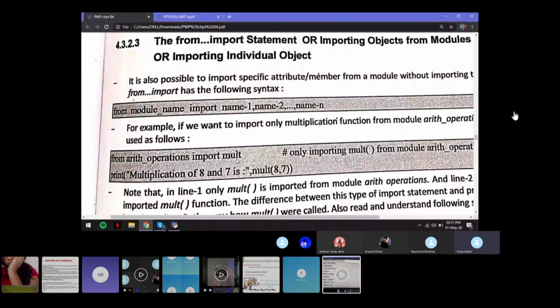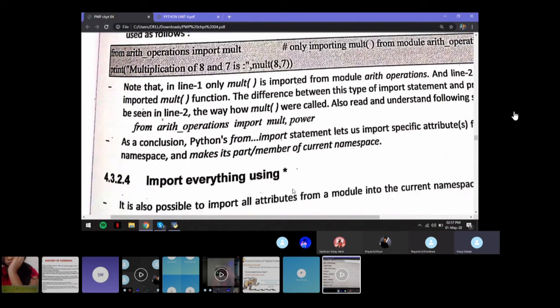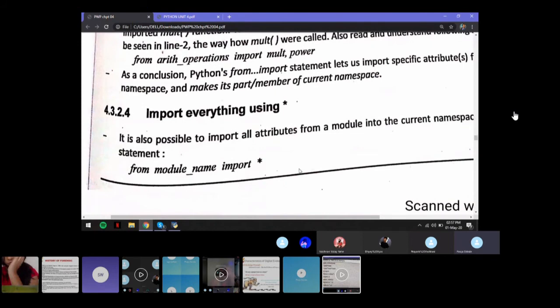I'm only importing the multiplication function, so I'll only use the multiplication function. Now in this case, I don't need to write down the name of the module again. So I don't need to write arithmetic_operations.mult, because I'm only importing one single function. So there'll only be one mult, right? So that is one more way that you can do it.